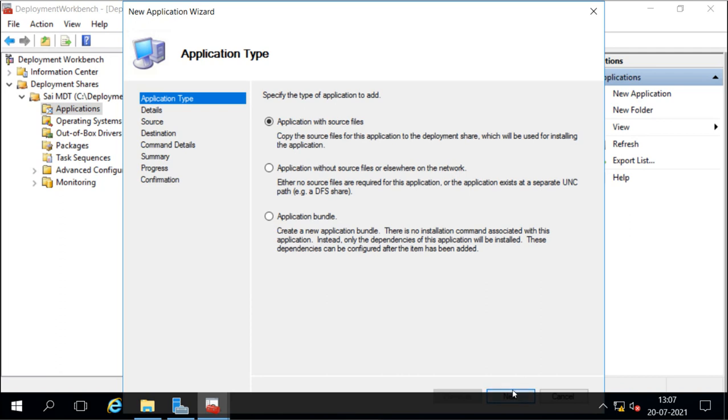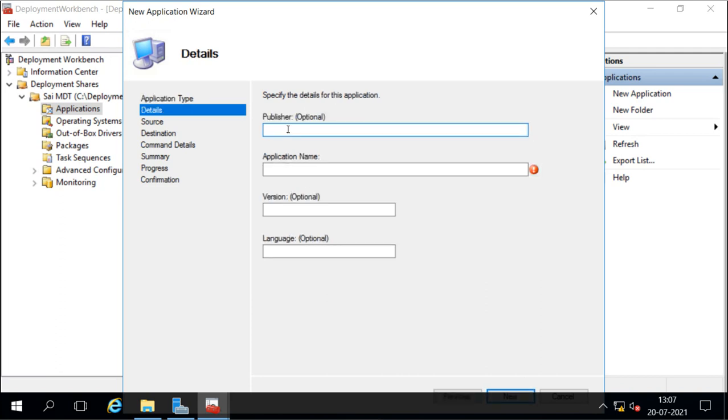Now it is asking for information about the application which I am going to install. I will say this is published by Adobe, and the application name is Adobe Reader. Then the version is 11, which I have, and the language is English.